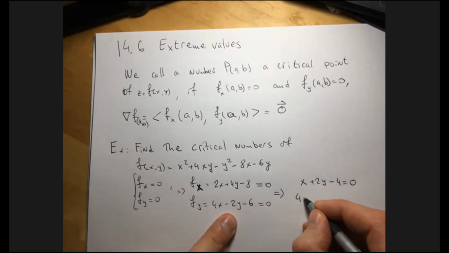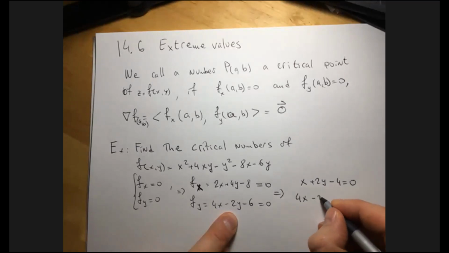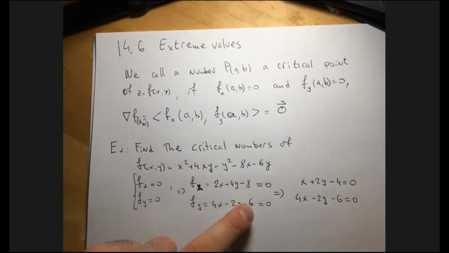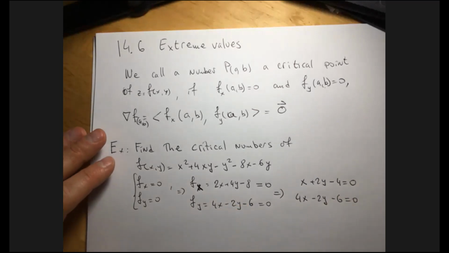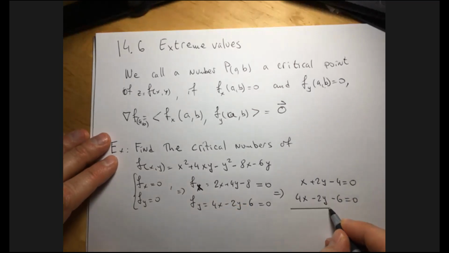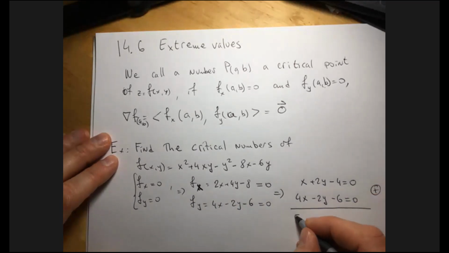So I will try to solve this system of equations in two variables. This is very simple, right? You have done this in high school by elimination, right? So if I add these two equations, I'll get 5x, 2y minus 2y is 0, minus 10 is equal to